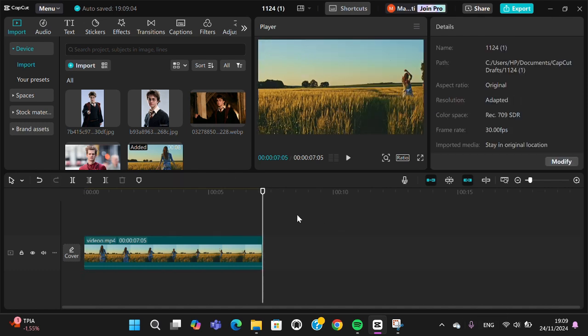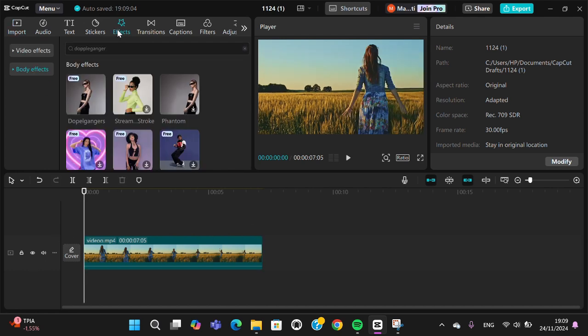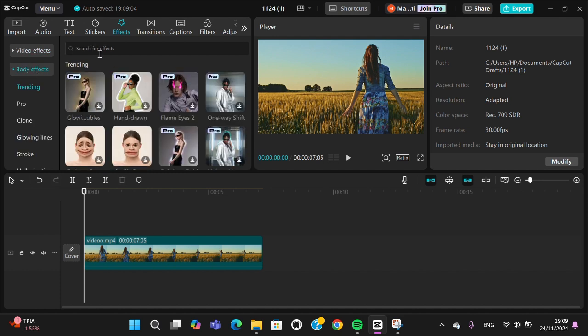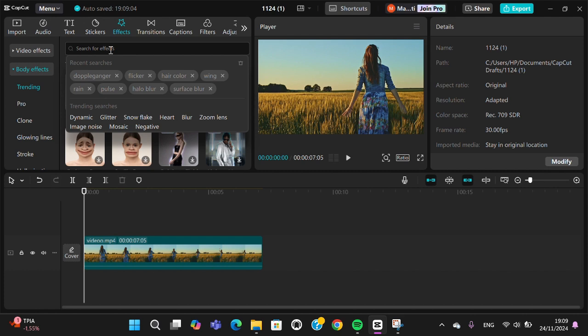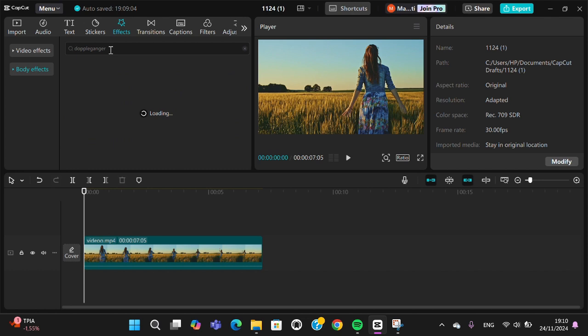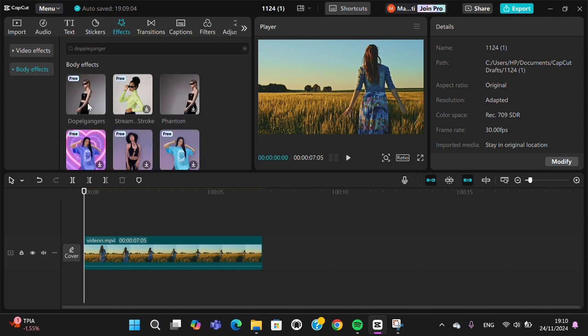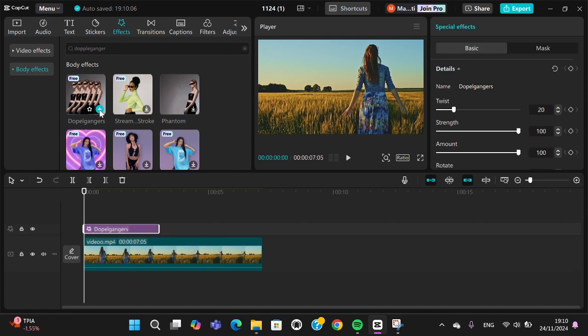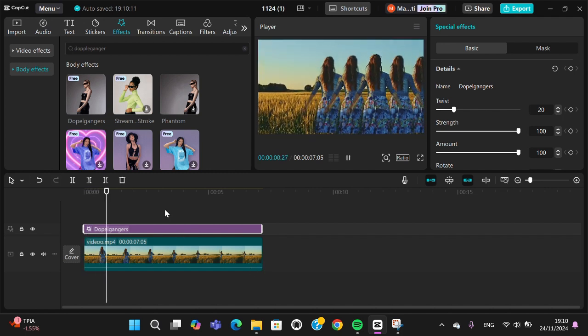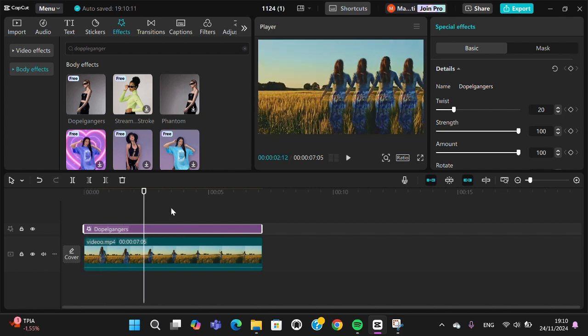If we want to add doppelganger effect, we have to go to the effects menu right here, and then we're going to go to the body effect. In this body effect, you have to search for doppelganger effect. Like this, just type in the doppelganger, and then the doppelganger effect will appear and you're going to add it to your video. Okay, and now the effect has been added and you will be able to customize the effect